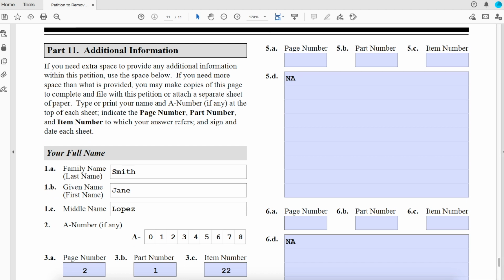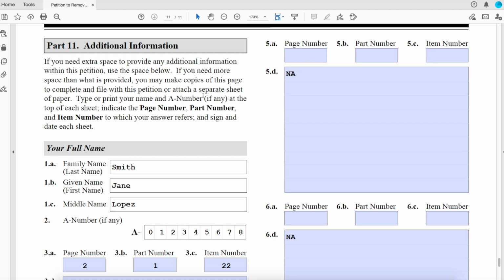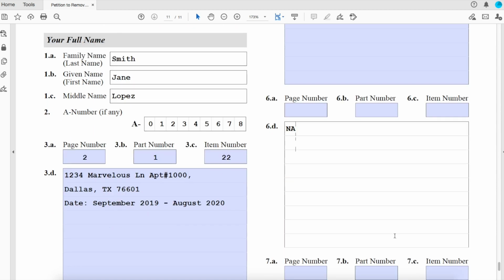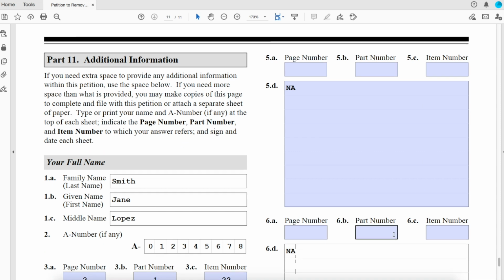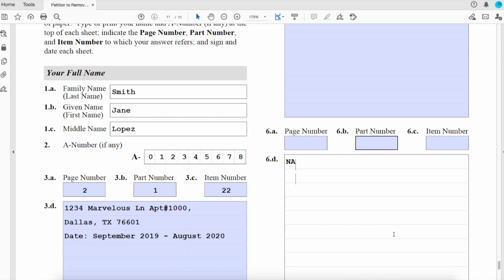Okay, so we're almost done. We are now at the very end of this page, which is part 11. This is only for additional information. So let's say, for example, on the form earlier, if you need extra space because it won't fit on that form, you can go ahead and use this form. You can print as much as you can. If you really use all of these items here, then try to print another page. All you have to do is put your full name in here,